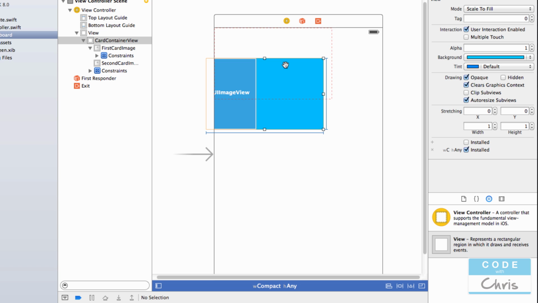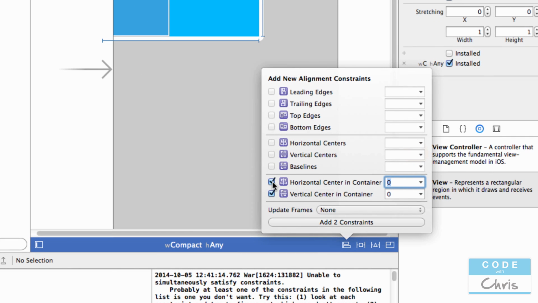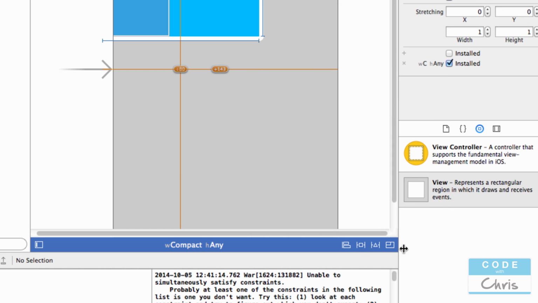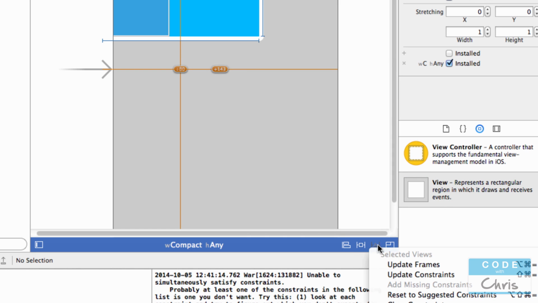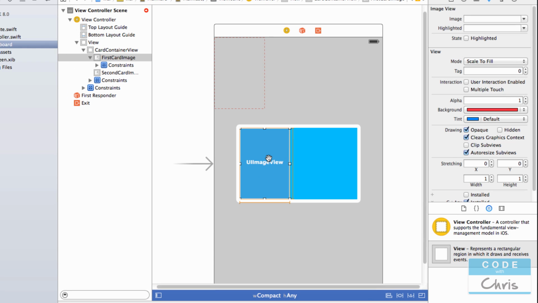Okay, so my container view took on the height and width. I actually want to align it. I want to add vertical center and horizontal center so that my container is in the middle. So let's update the frames again. So there it is. But what happened when we added the two card image views into it is that it